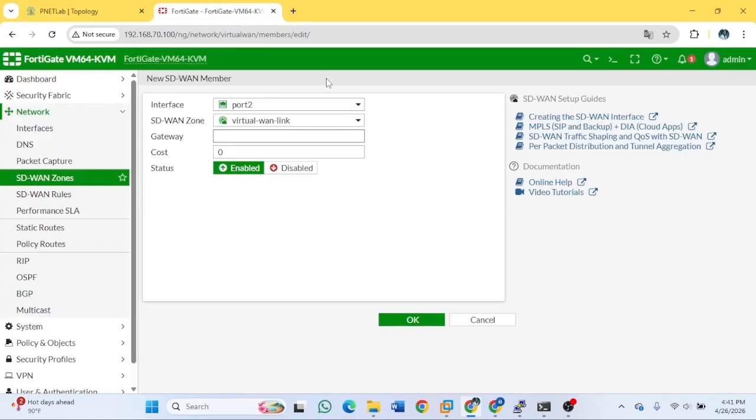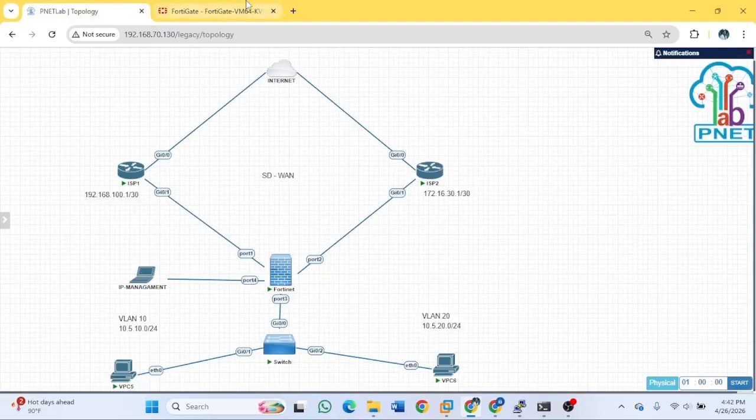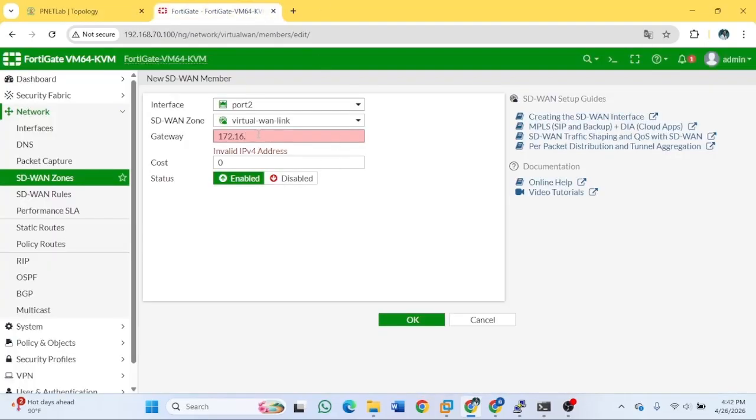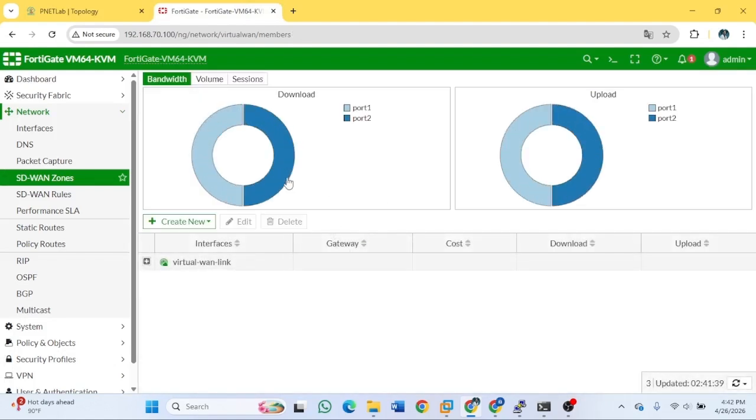Let's check this IP again. Okay, input the gateway. Okay, port 1 and port 2 are in the virtual one link.